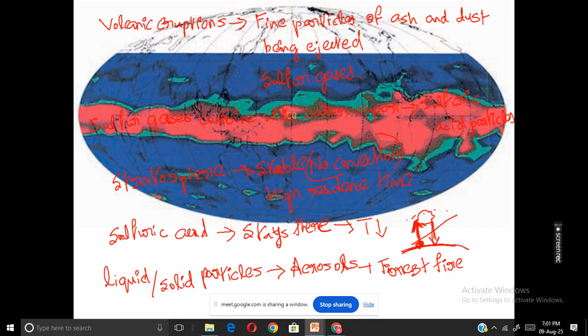If you can see the background figure, this red region is the aerosol particles that reached the Earth's atmosphere due to a volcanic eruption that happened in 1991. Mount Pinatubo in the Philippines erupted in June 1991, and a large amount of sulfur gases and other particles were ejected into the atmosphere. It reached the stratosphere and spread over the whole globe. That red region formed a haze over that particular region.